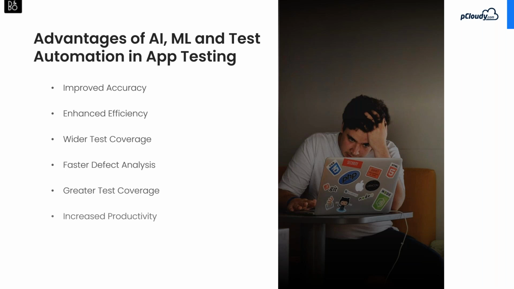Around the test coverage, and of course, eventually the productivity will be increased. And at the last, every organization wants to move towards profitability. A lot of time is saved, so the profits will certainly increase, right? So these are some of the advantages of AI, ML, and also test automation in the app testing world.